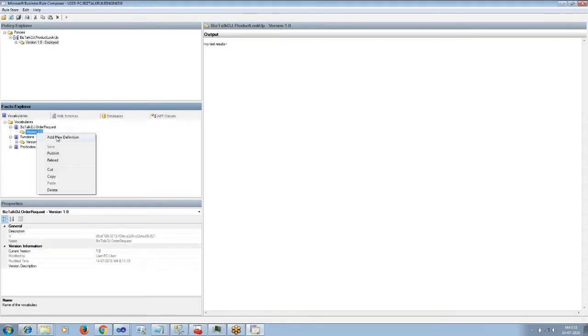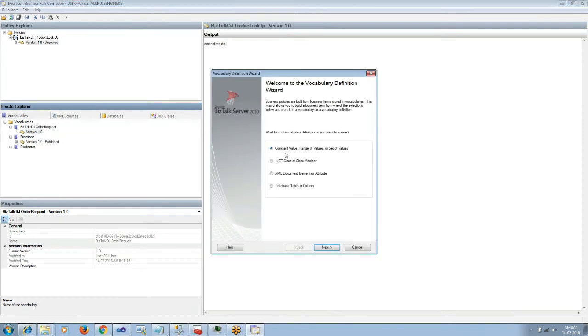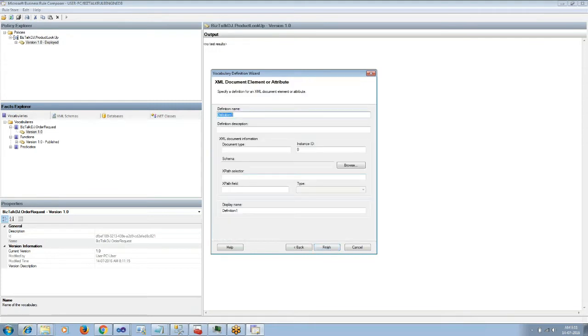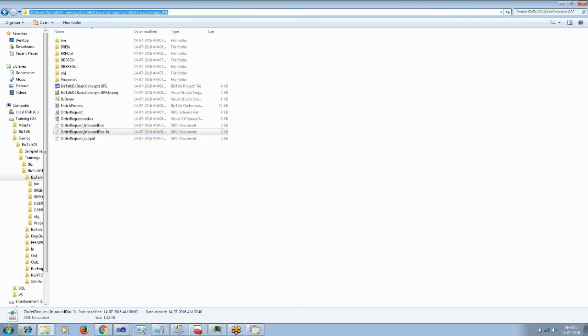Then on version 1.0 I will add a new definition. We can define a vocabulary for a .NET class, constant, XML document element or attribute, or even for a database table or column. Now let us create an XML vocabulary.